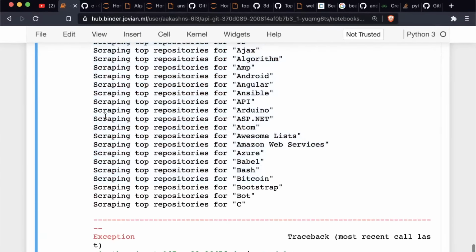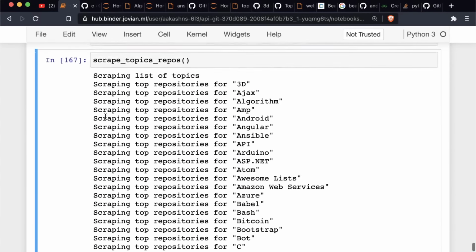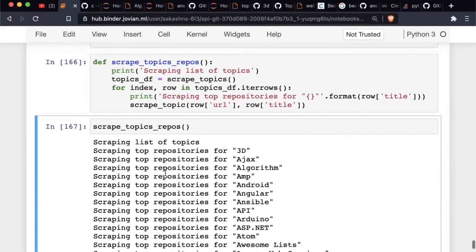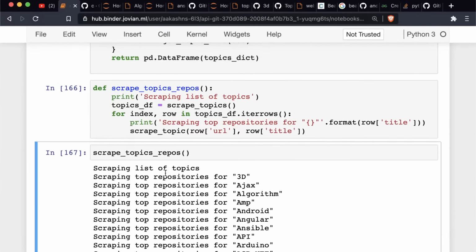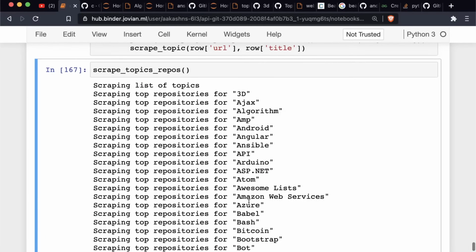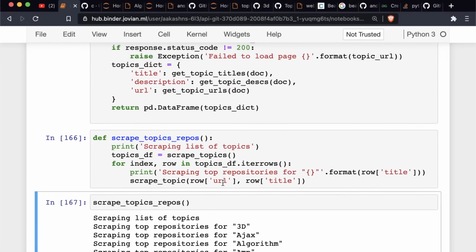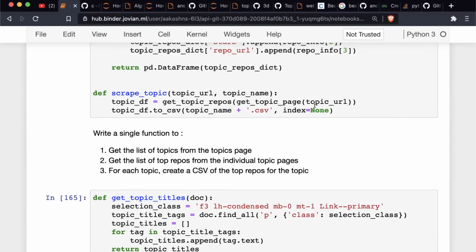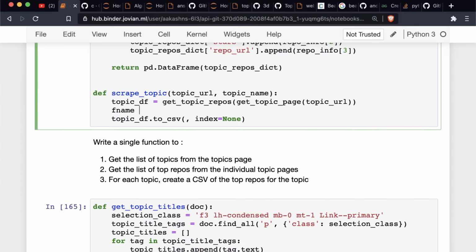But this is where an additional task for you is to start checking, because some of these requests can fail. So an additional task for you is to resume the download. Now let's say you have already downloaded for a certain topic. You can add a check here, where we have scrape topic. You can check if this file name does not already exist. So let's say we create this file name, fname equals topic name.csv,